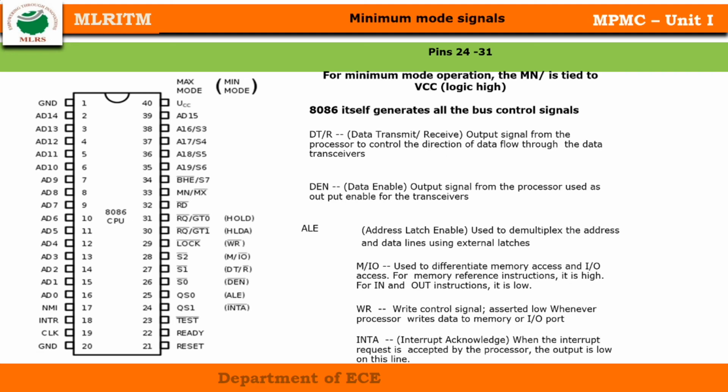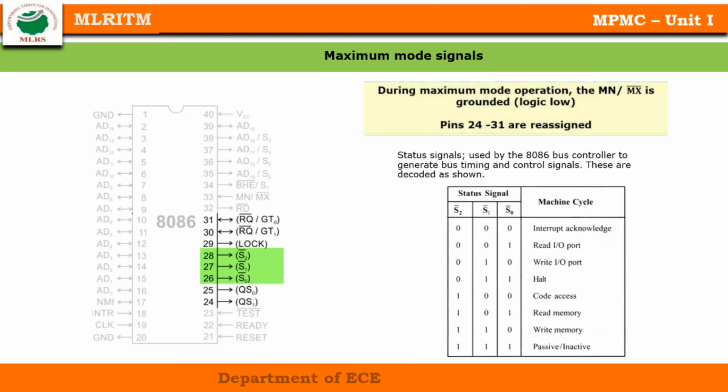Next signal, pin number 29, is write. The write control signal is low whenever the processor writes data to memory or an input output port. Next is pin number 24, INTA, interrupt acknowledgement. When the interrupt request is accepted by the processor, the output is low on this line. During the maximum mode operation, the MN/MX pin is grounded or logic low. At this time,